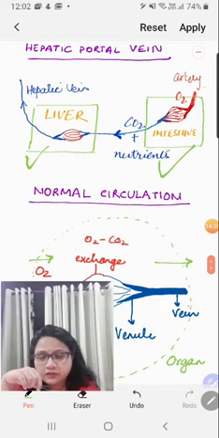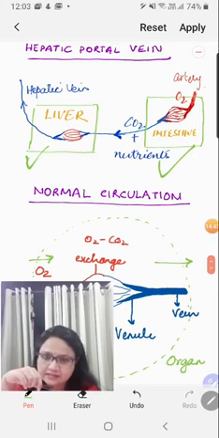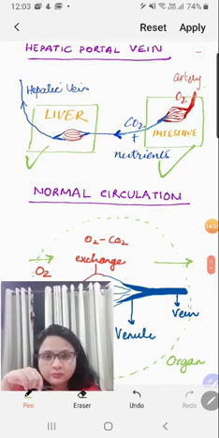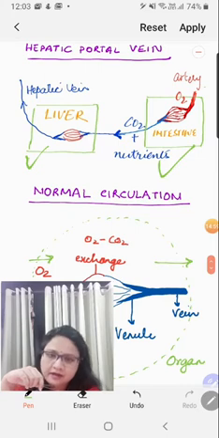So it will enter the liver, but this is a vein. You can see it's blue in color. Exiting the intestine is necessarily a vein, right? But it has again entered the liver. How come a vein can enter an organ? An artery should enter an organ, but here, because of the purpose of fixation of nutrients, this vein re-enters the